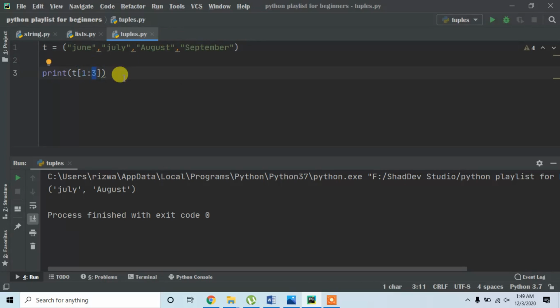Next we will see update a tuple. As mentioned, tuples contain fixed items and they are immutable, as I told you in the beginning of the video, which means that they cannot be altered. So we can't update the values which we have initialized. If we try to change the value, let's say